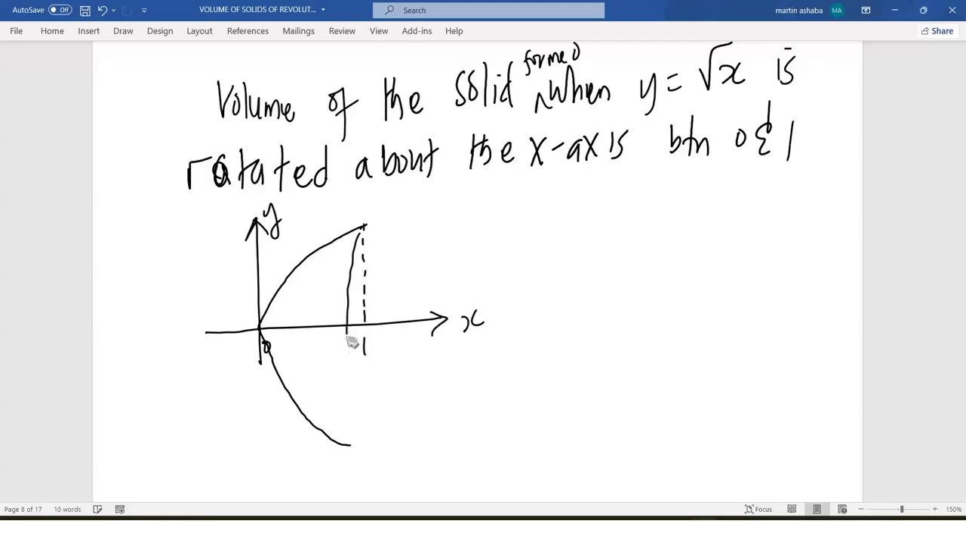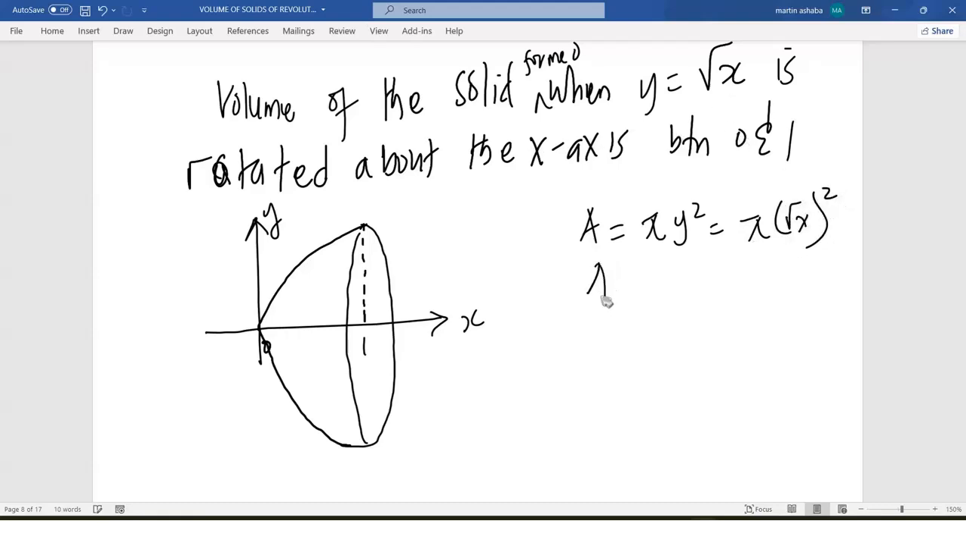So this is something that is going to be formed when I rotate this around the x-axis. So what is going to be defining the radius is actually y, and therefore we need to look for area first of all, and our area is equal to pi y squared. So this is pi, the y is root of x, so I square,